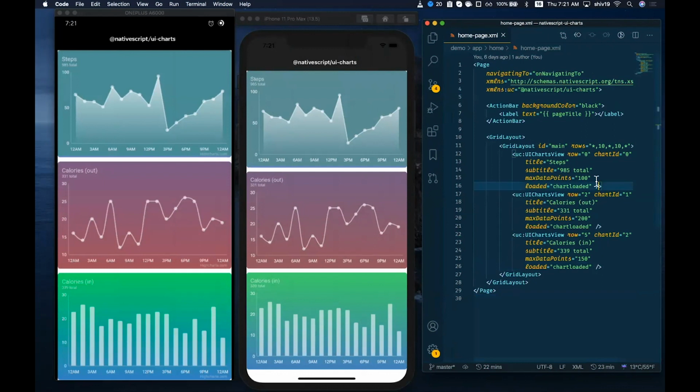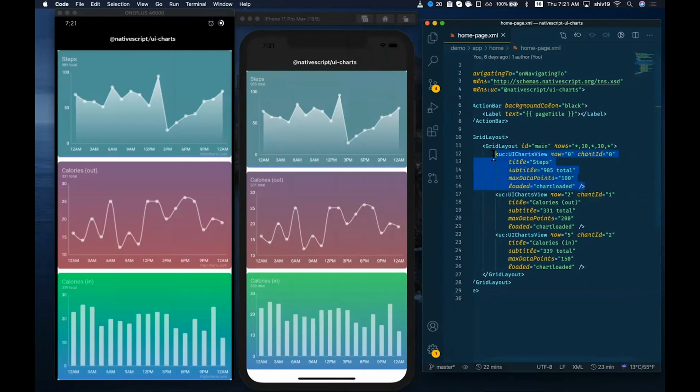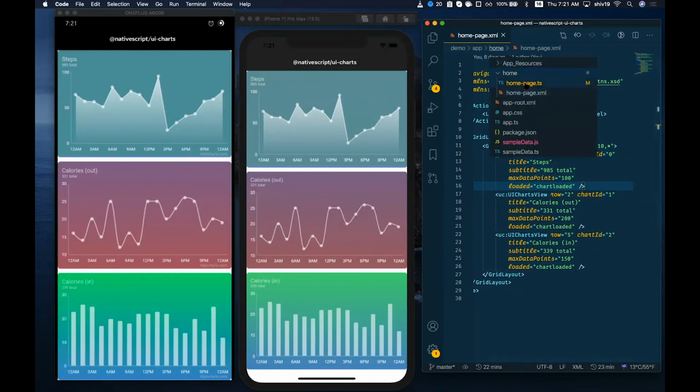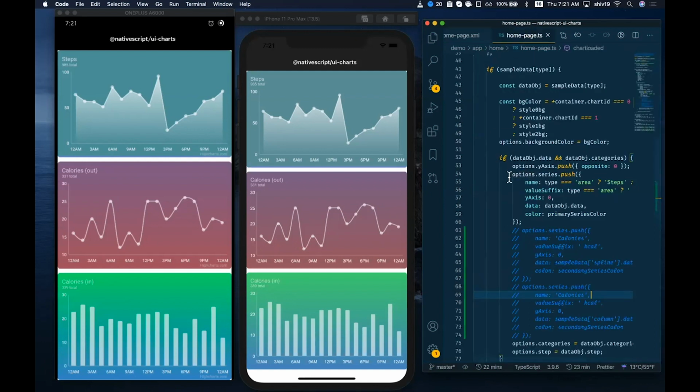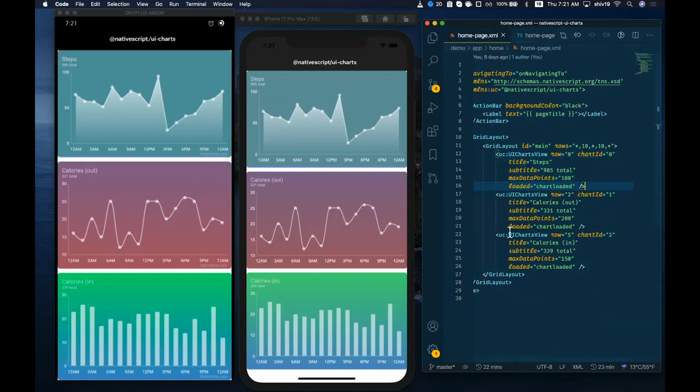And as you can see, it's going to be like a declarative UI where you're going to be able to set different data points directly from XML. As of now, the actual data itself is being passed from the onloaded event. This is where we are setting the series and stuff. But eventually, all those things will be configurable directly from XML. And as you can see, it's a pretty native